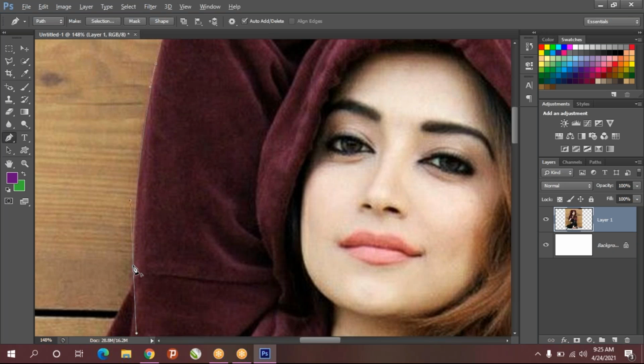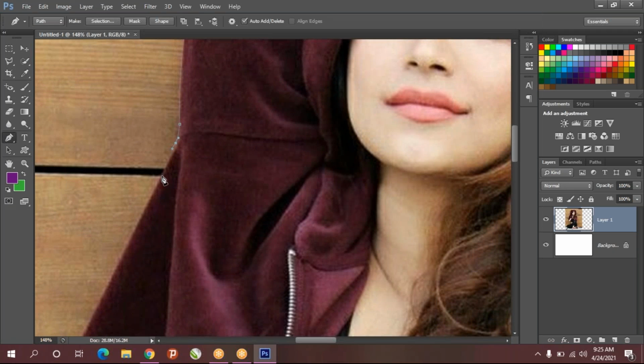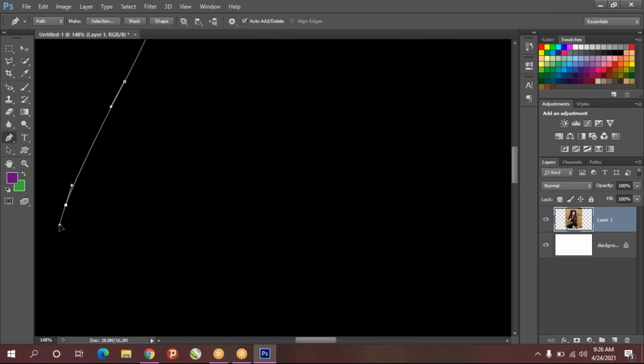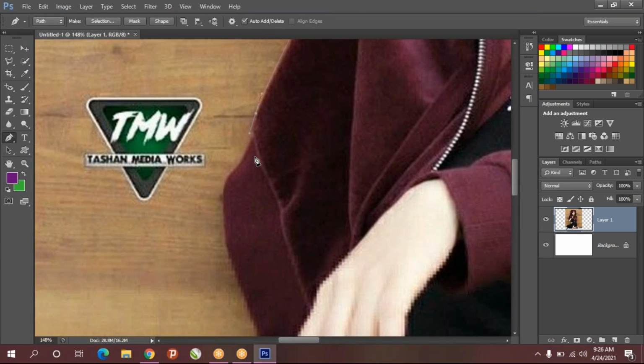And here Alt click you do, and once you practice more, automatically it will come. So slowly I'm selecting.